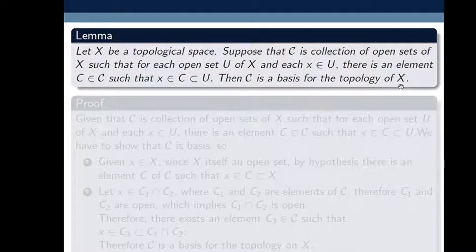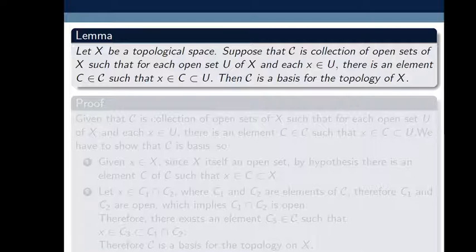So first we have to know what is meant by basis. Let's recall. Suppose X is a set and script B is a basis for a topology on X, which is a collection of subsets of X called basis elements, such that it satisfies the following two conditions.